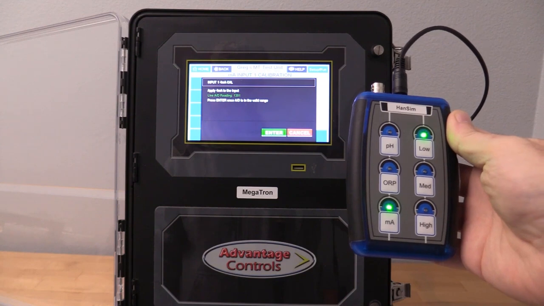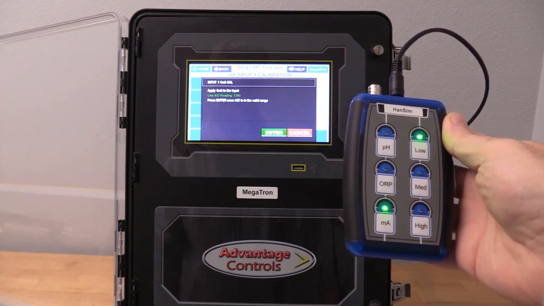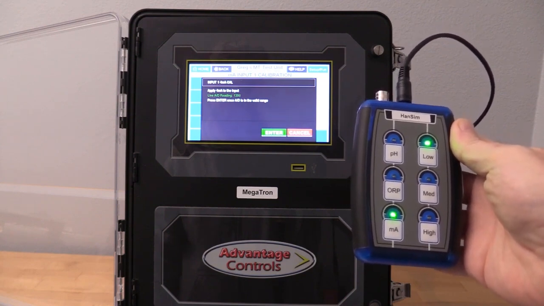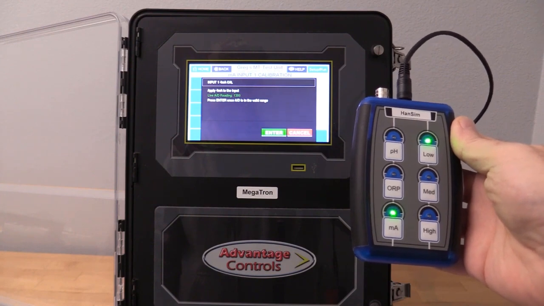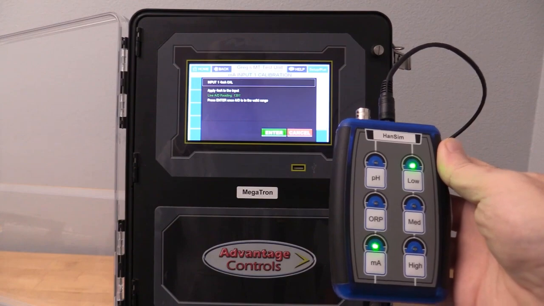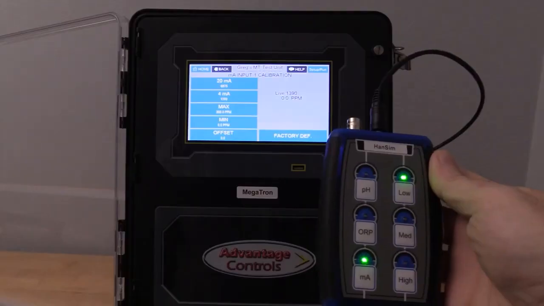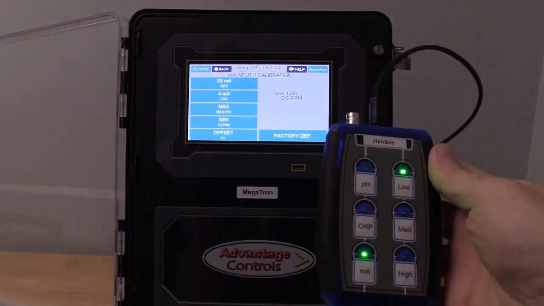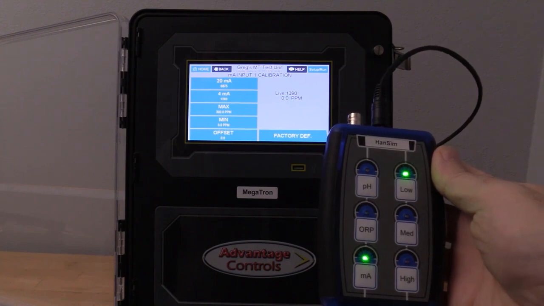With the password entered, the unit will ask if a live 4 milliamp signal is applied to the input and will show the current live reading of the analog to digital conversion shown here. Press enter to save the current value. You will be taken back to the milliamp input 1 calibration screen and the new live value set under the